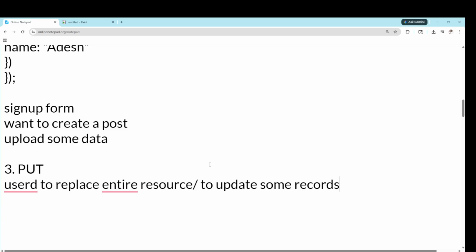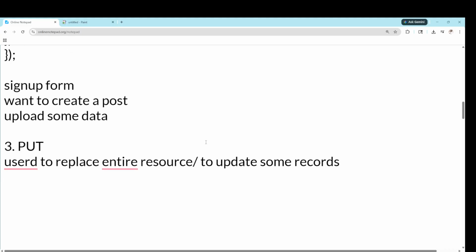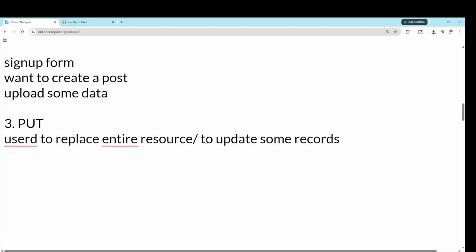If you want to replace the entire resource or you want to update some records, in that case you will use the put, okay. Simplest syntax is like put, and you say user slash, you give an id, okay. It's an id of 2. For this user, for id of 2, you want to update the name, okay.